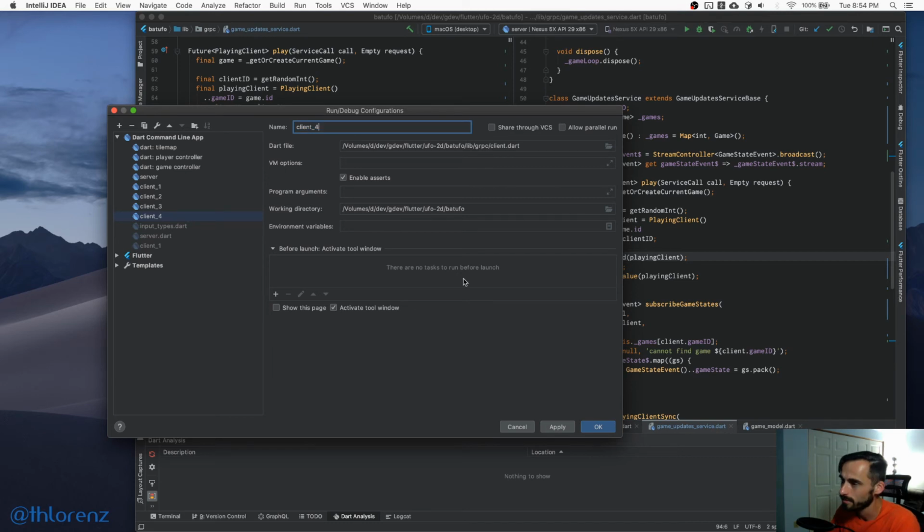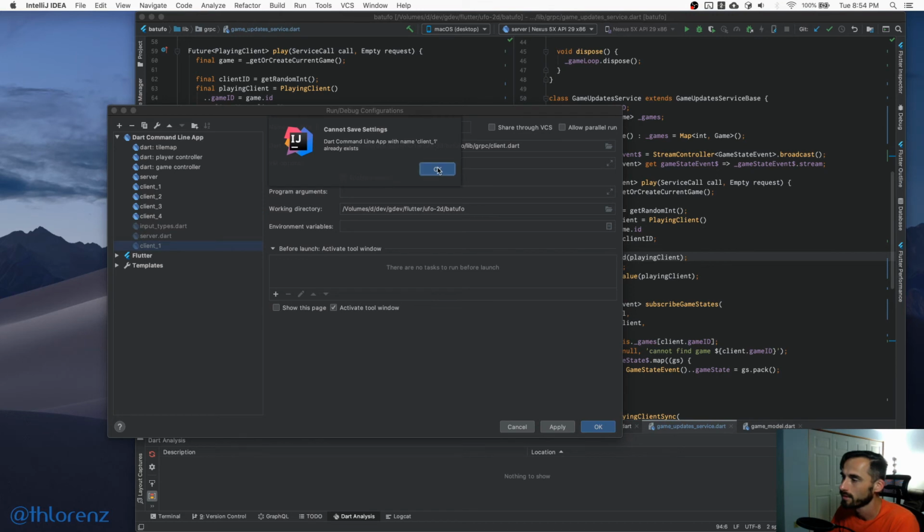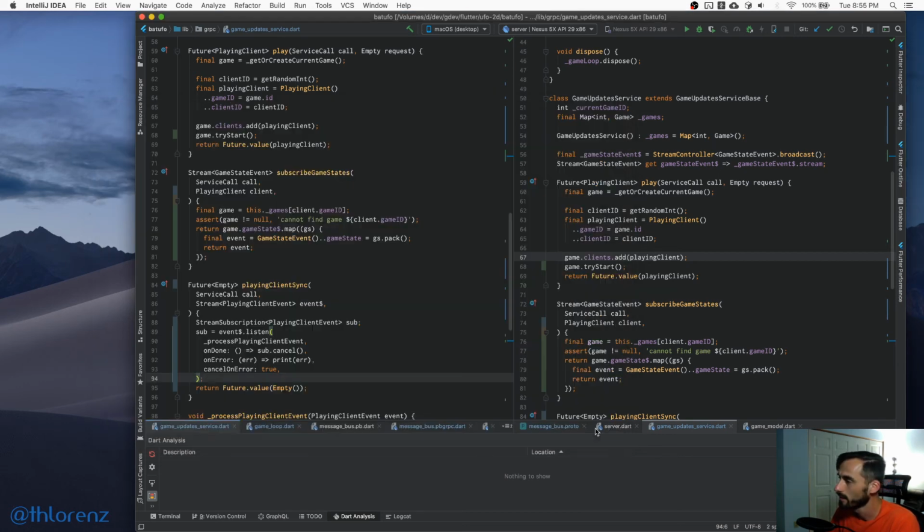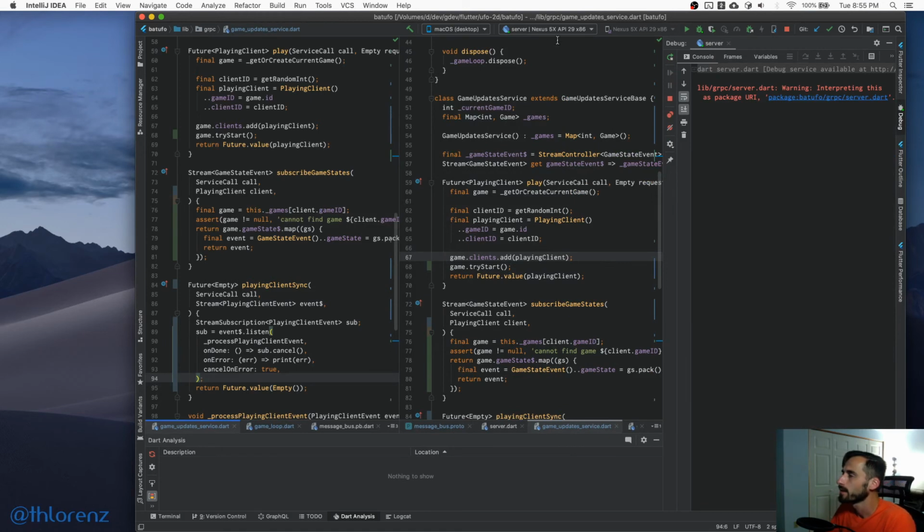Obviously, it's much easier to do this on the terminal. But if you kind of want to look at things here in the IDE, it makes more sense. So we store these here. So let's do this again. We launch the server, except we launch it in debug mode. And then we will go ahead and launch one client